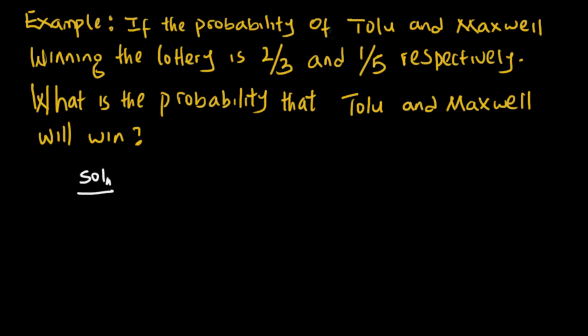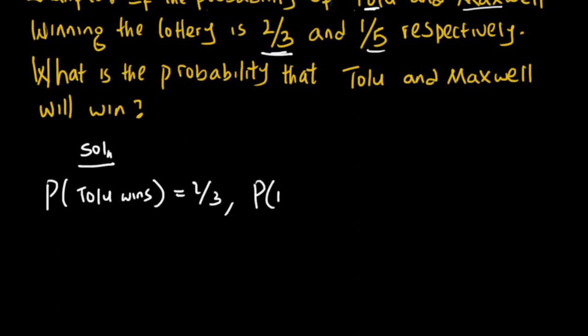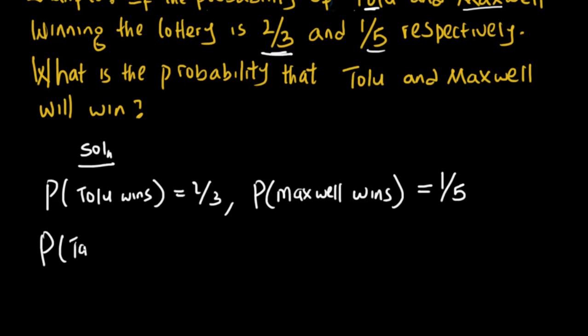Now let's solve this. What were we given from the question? We're given that probability that Tolu will win as 2/3. So probability that Tolu wins equals to 2/3. And then we're given that probability that Maxwell wins as 1/5. So probability that Maxwell wins 1/5. Do you understand? Now we are asked, what's the probability that Tolu and Maxwell